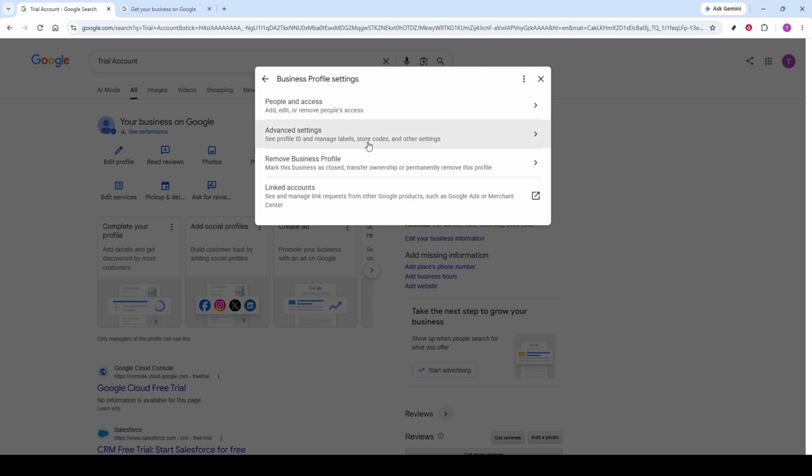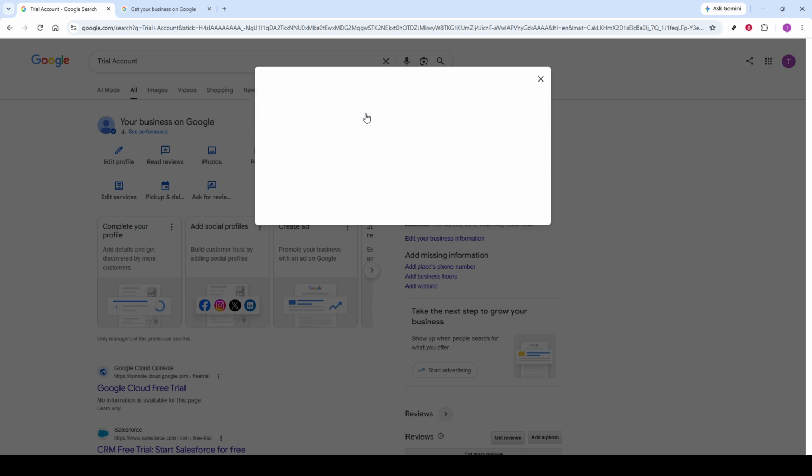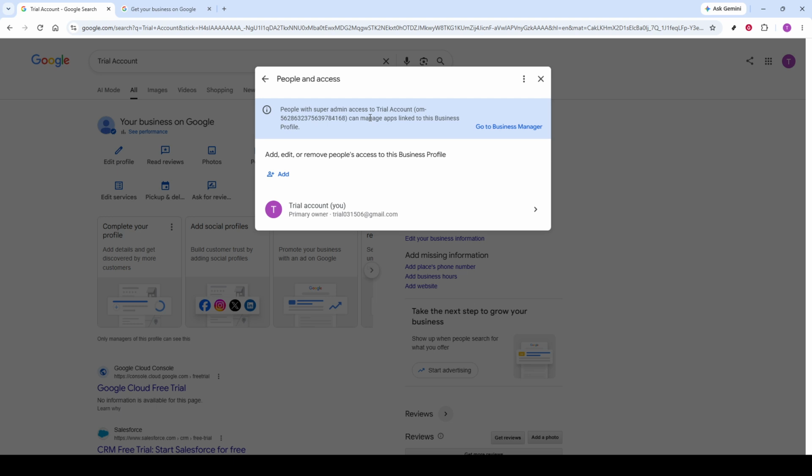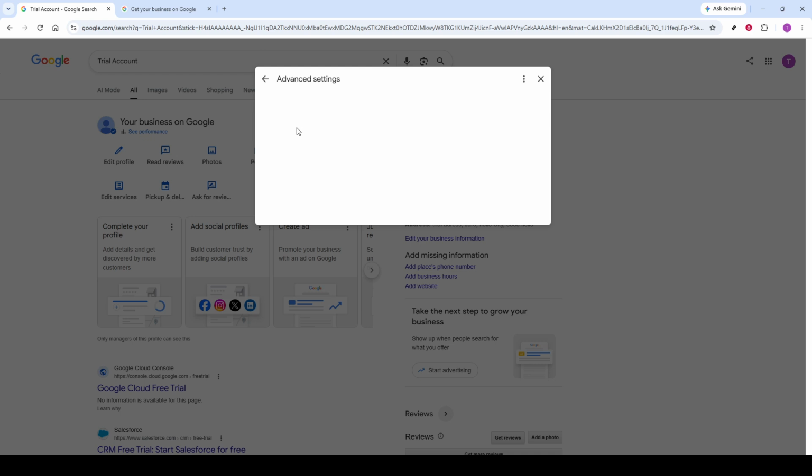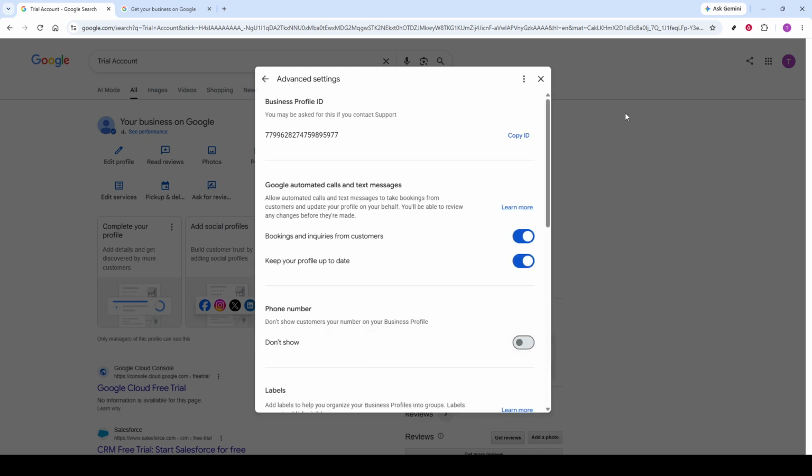In some cases, Google may ask you to add a text-enabled mobile phone number before messaging can be enabled. If that happens, enter the mobile number you want to use for messages and complete the verification process using the code Google sends. Make sure it's a number that can receive text since that's required for setup. This step helps connect your profile to a working messaging method and confirms that the account is ready to receive